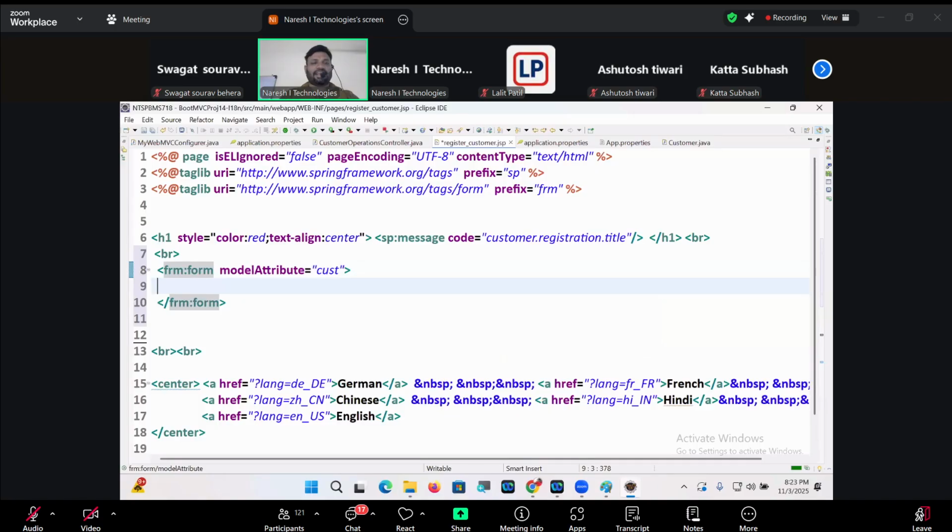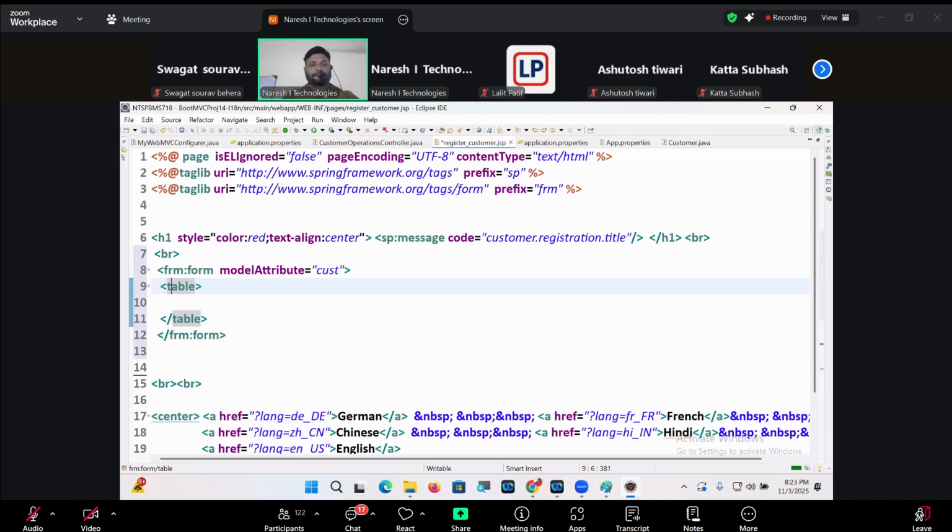Table align is equal to center. TR opening and closing.